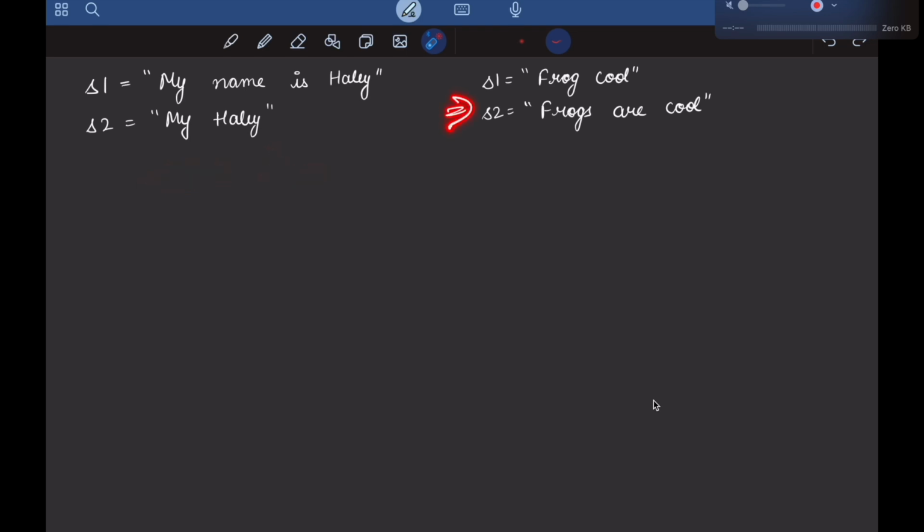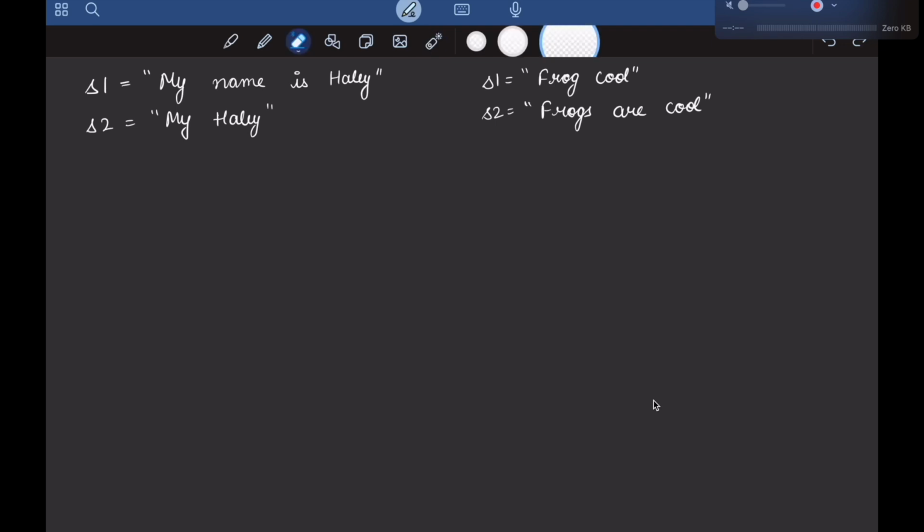So in this case, if you see, this frog and frog is same, only the S is different and then this R is different. So what is different in both these sentences? This S and R. So that means to make them similar, you will have to insert S and R. But since in the question it was written that whenever you are inserting the sentence, you need to separate it from the existing words with a space, this will actually look like frog space S space R and cool. So this is not equal to S2, right? So in this case, we cannot make S1 and S2 similar. So our answer will be false.